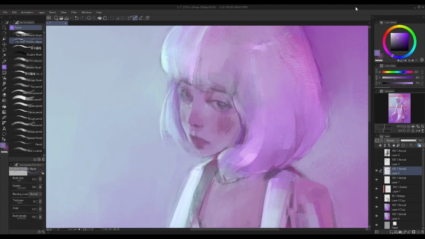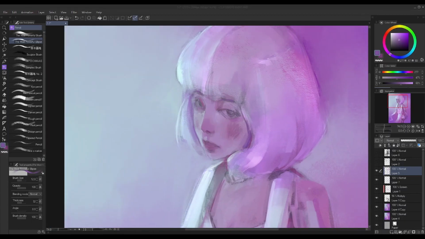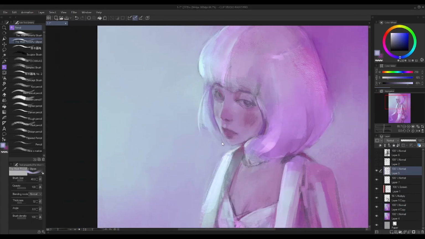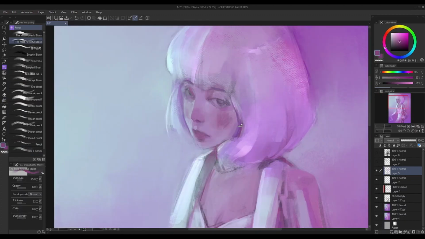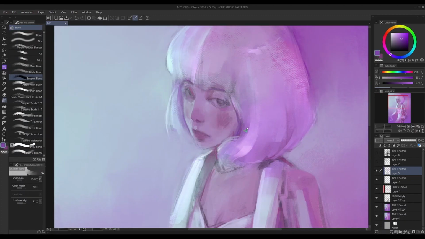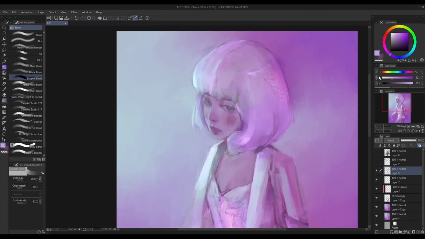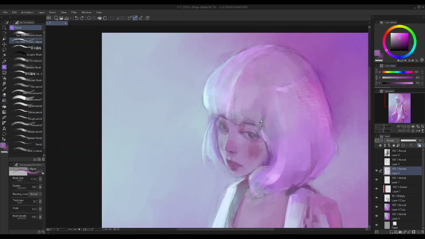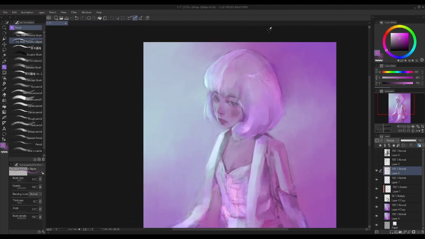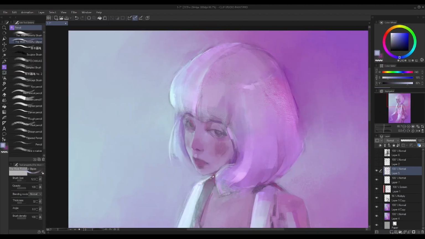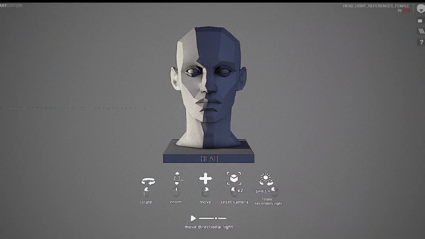Let's take a head, for example. It would be pretty difficult to imagine where the lighting should go on the head if you haven't studied it before, because there are a lot of complex details to keep in mind. So to make things easier, you would have to break this complex shape into simpler planes. One tool I recommend using to help with this is a model such as an